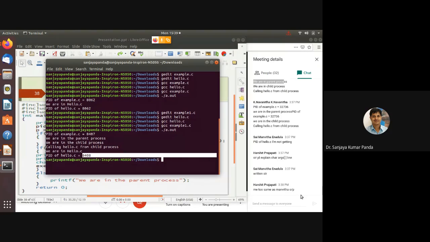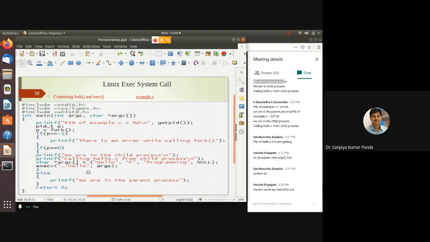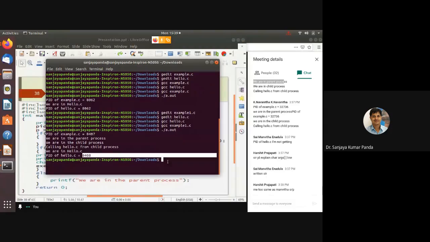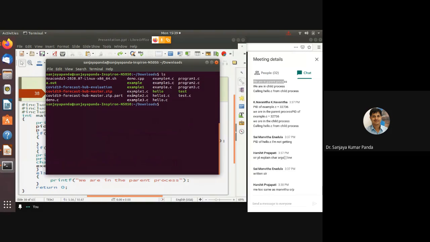Okay, Harshit, you are also getting the same thing. So check whether you have correctly called the hello.c file or not, and make sure that both example.c and hello.c are available in the same directory. Like you see here, I am showing you. If I write ls, then the example1.c file and the hello file are both there in the same directory.